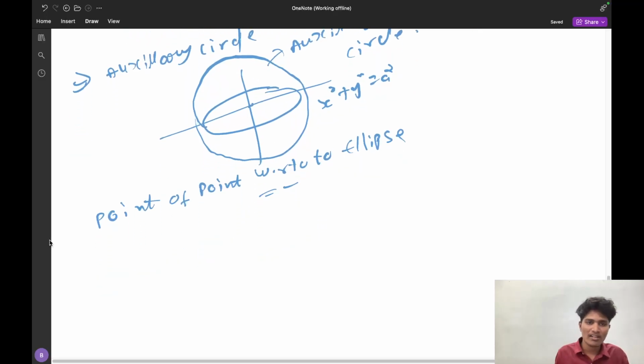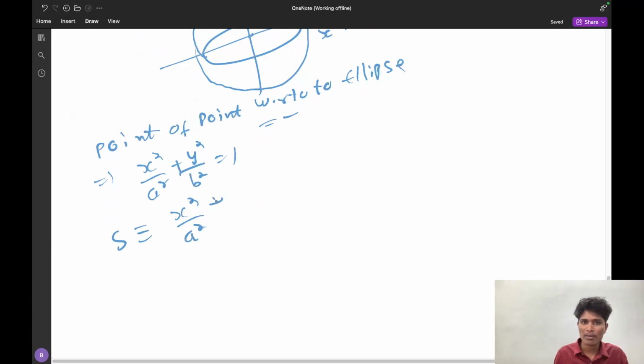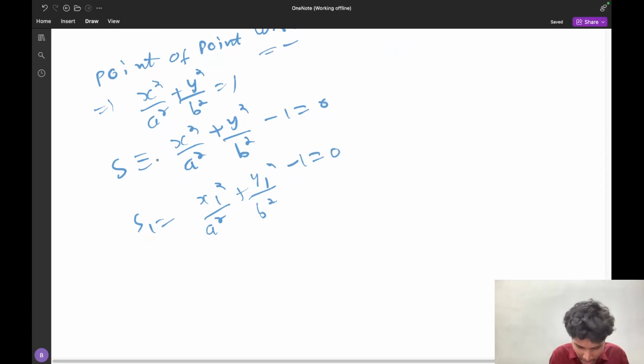So first of all, I will discuss the x square by a square plus y square by b square equal to 1 equation only. For this one, what is S? I already explained the notations. S is x square by a square plus y square by b square minus 1 is equal to 0. This is S. And what is S1? S1 is x1 square by a square plus y1 square by b square minus 1 is equal to 0. This is S1. And if you observe very clearly,